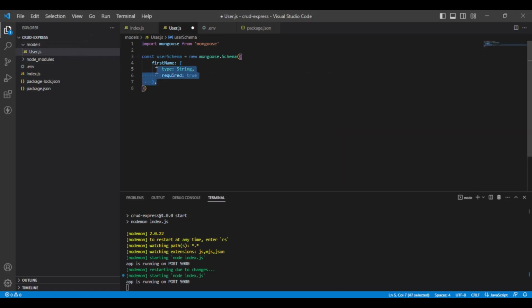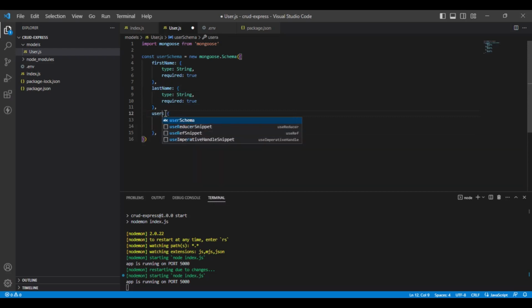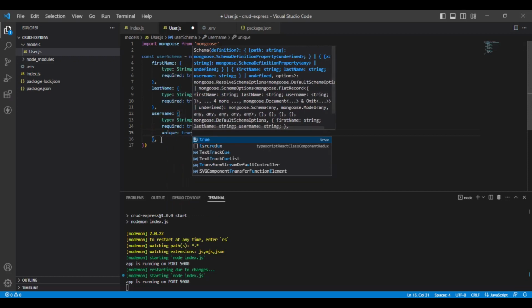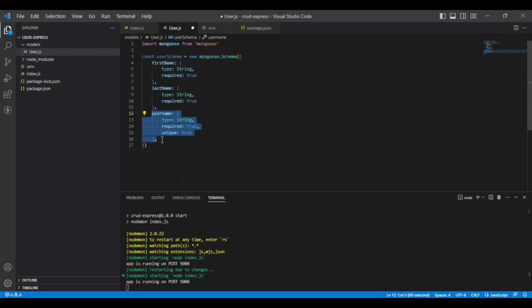Let's copy this, and this time the last name, and copy it again. Here this will be username, and it will be required as well, and it will be unique as well. So let's copy this again. This time it will be email, and finally we will have location,